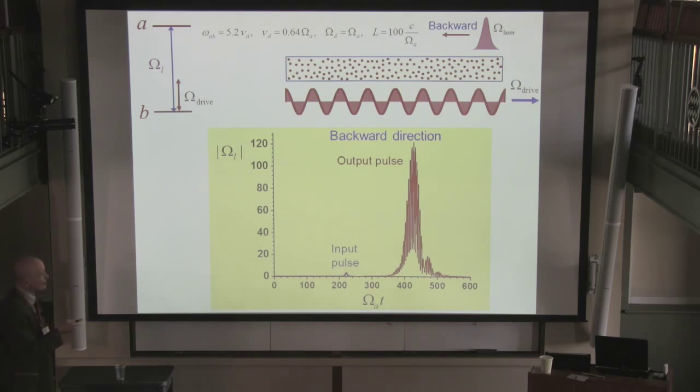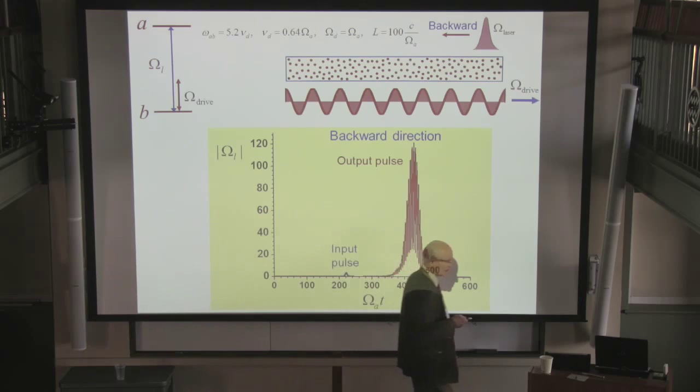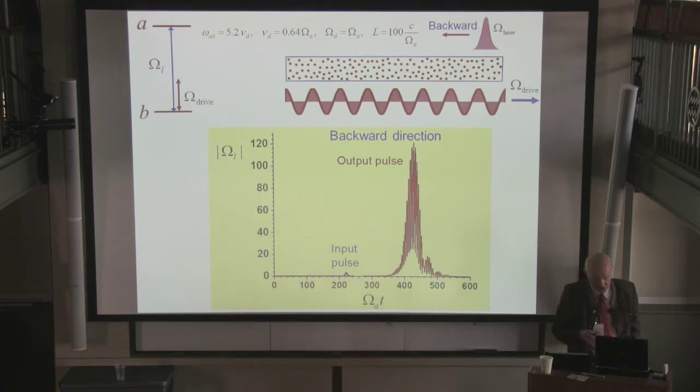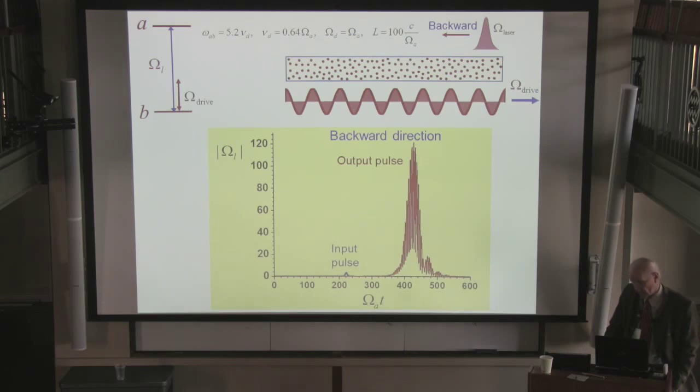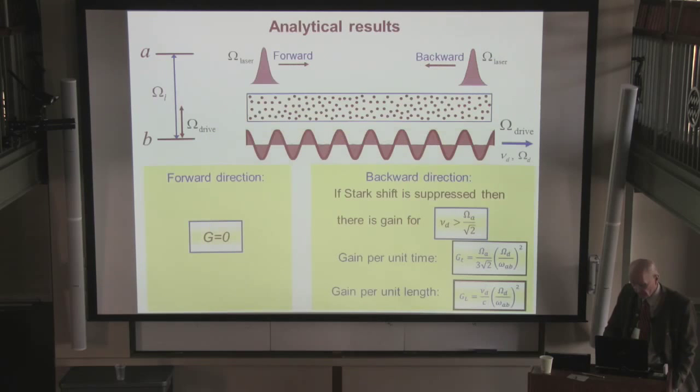And I say again, this is completely computer simulation. There are no approximations. We didn't even make the rotating wave approximation. We don't have to, but we do keep everything. We go back and do this analytically, and we find, again, that there's a strong gain in the backward direction,